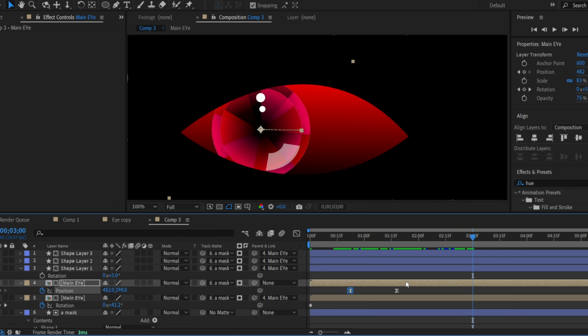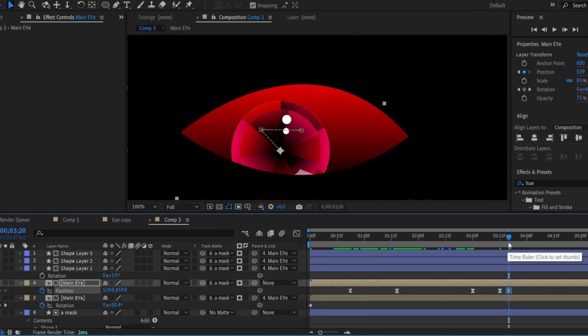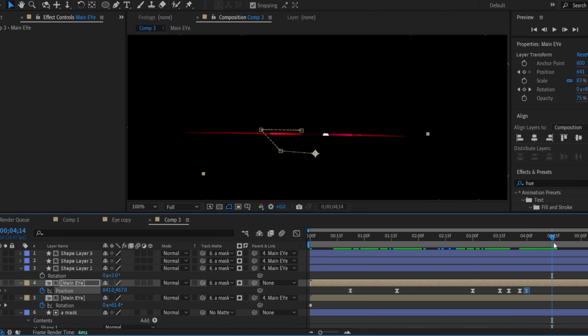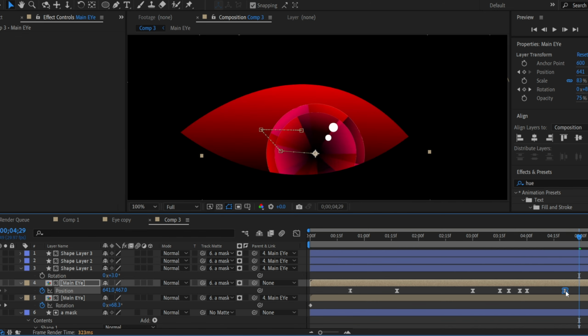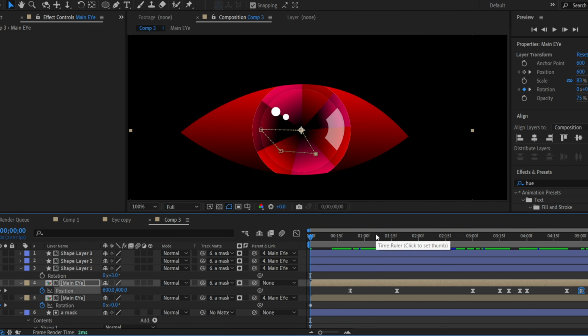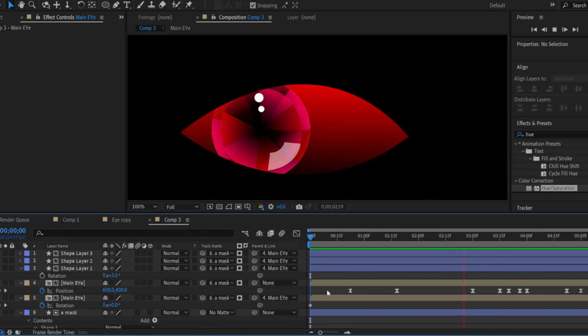And when our eye is opening, here we duplicate these keyframes and change the position somewhere here, maybe copy it to make it stay at this point. Then we will make the position somewhere here, I don't know. Also copy, and here we also copy and paste it, and let's move it somewhere here, and here we will drag it to the middle point. Let's have a look at what we have. Probably we will need to make some more adjustments here, I'm not sure, but